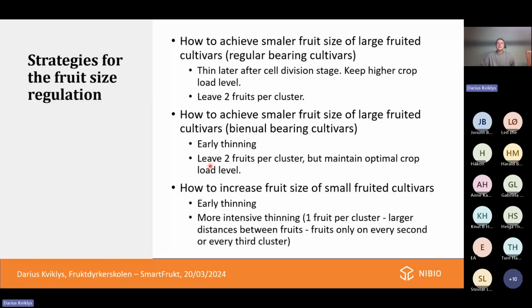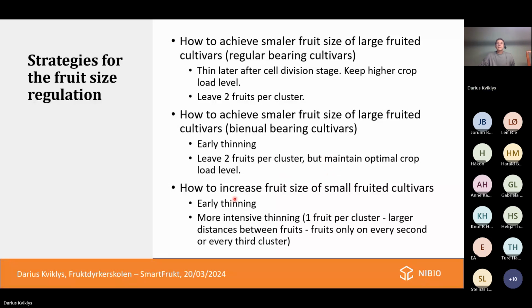And in this case, for these varieties, we can leave 2 fruits per cluster, but it's very important to maintain optimal crop load level if we want to get good fruit quality in the current year